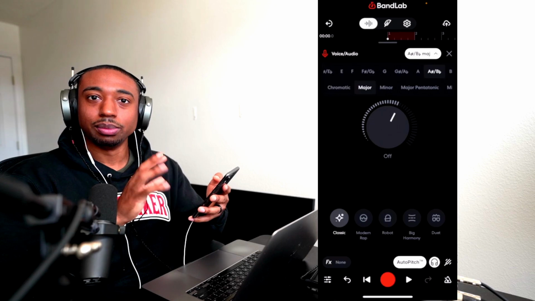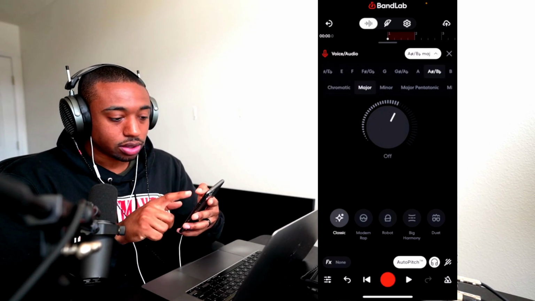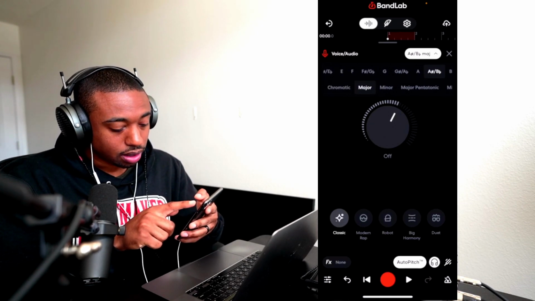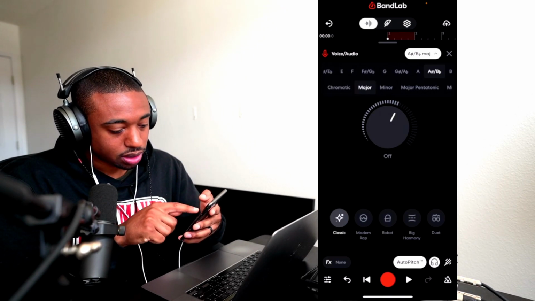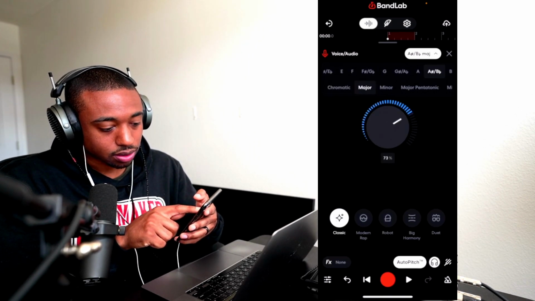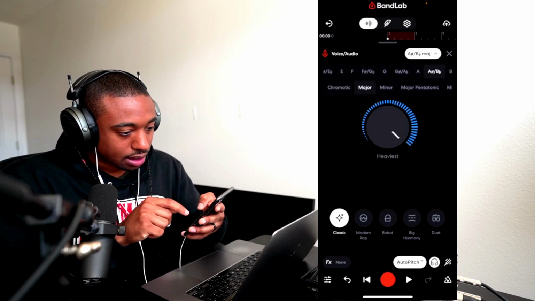Okay, so it is a little music theory intensive here, again, because that key detector is wrong. So you could record out of key. So just beware for those who don't know music theory. Okay, so X out of here. So we want to turn this up. So we're going to turn this little knob up to where it's all the way up. We could always turn it back down. And that's all we need on our vocals.